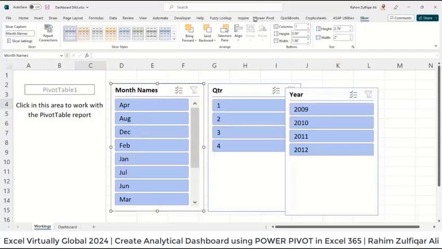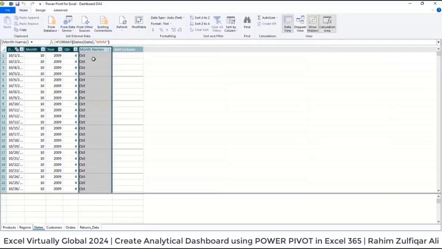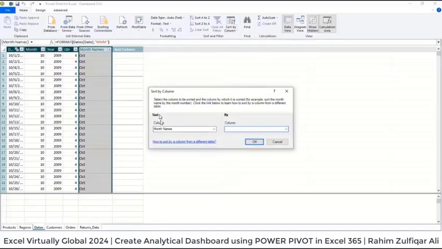So for doing that, we will again go to Power Pivot, click on Manage, and we do a slight correction here. So we will select the month names column and we will assign a value to each of the months on the back end with the help of a month number column. I will click on Sort by Column here, and we need to sort the month names based on a helper column, which is named month, which contains a number for every month. So each spelling of the month will be assigned a value, so that sorting would be done easily and correctly as well. So I will press OK,